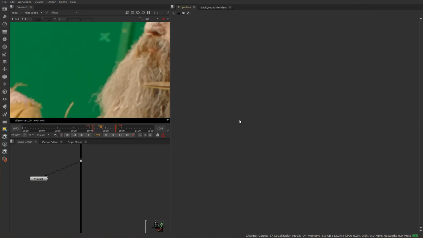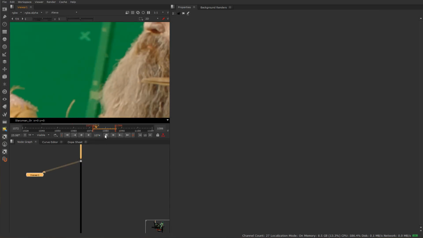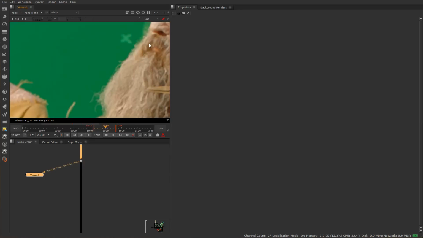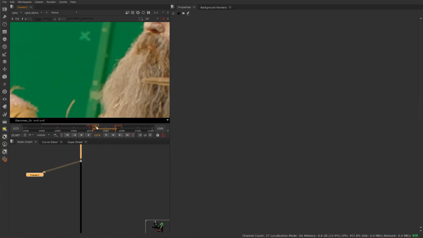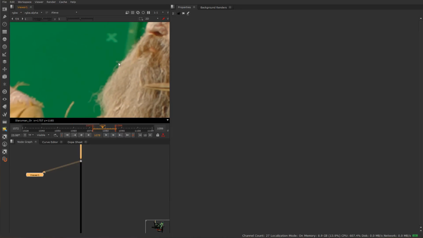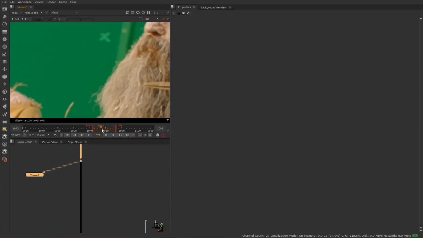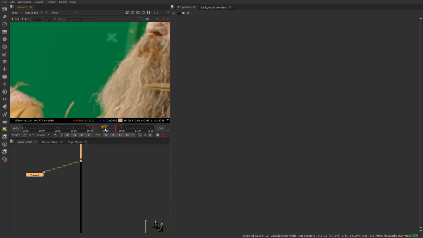Okay, so the technique I'm going to show you at this point is a little bit more advanced, and it might be a little bit extreme for what I'm about to show you. So if I go ahead and just play through this sequence here, I have a C-stand going behind a beard. Now, I could just start to do the previous techniques to paint around these hair follicles, but you can see at this frame, things get a little bit dicey because there's just so much detail there to paint around, and there's just a heavy lift and darkness of the brightness values thanks to the C-stand in the